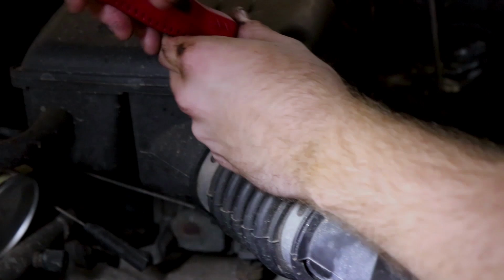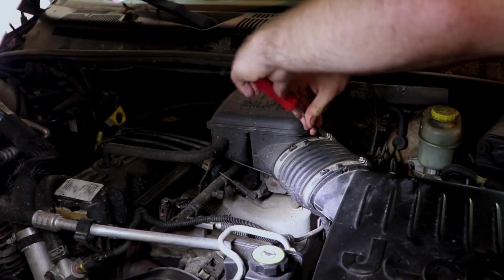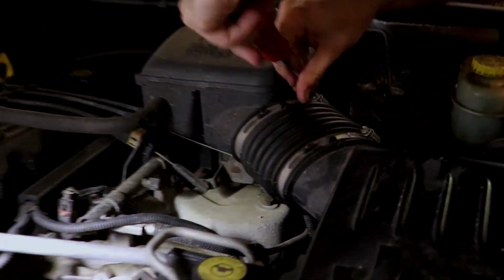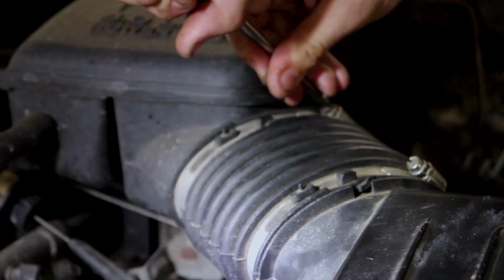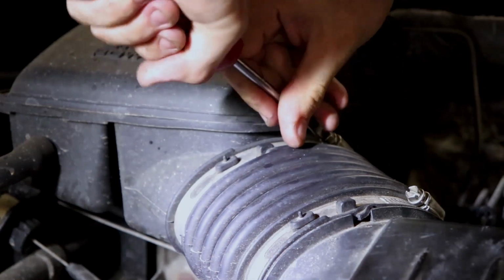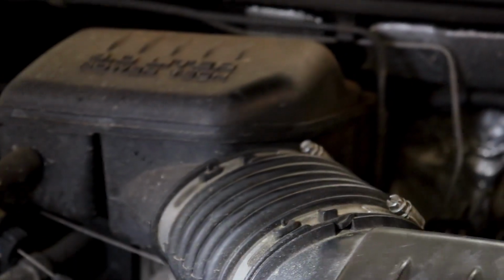20-year-old Chrysler product. Things just break. I have good rapport with this customer though, so I'm sure they are not going to mind. They just need to drive. Once you tighten that screw up, now you don't need to kill it. You're not strangling the damn thing, but you don't want it to fall off while you're going down the road